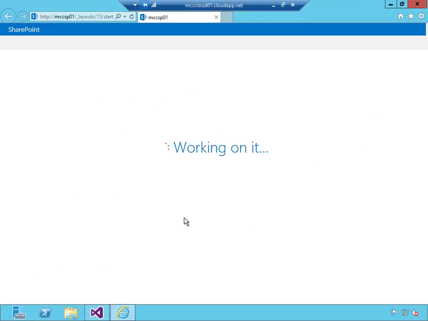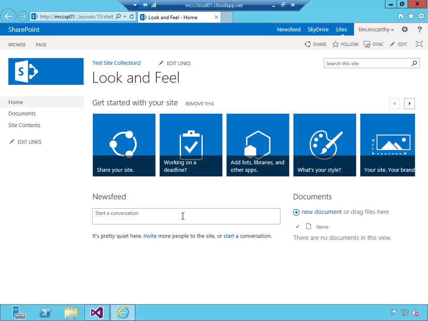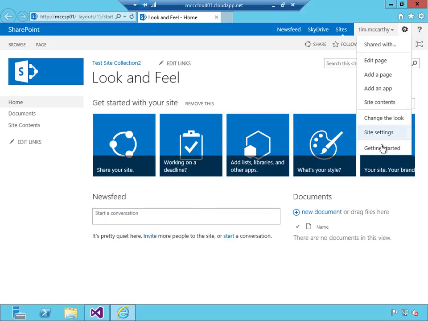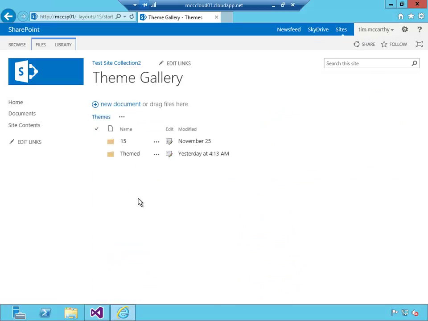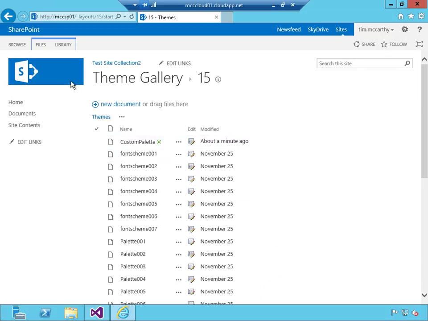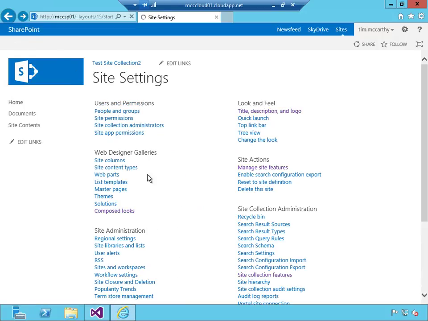Okay, so it's almost there. So it's going to be adding that item to the composed look. Now once it's added to the composed look list, the next test is to change the look and see if it shows up. So let's go back to site settings, check themes again, just to make sure our new theme is there. It should be. Okay, new theme is there, so that's good. Next step, go to composed looks,